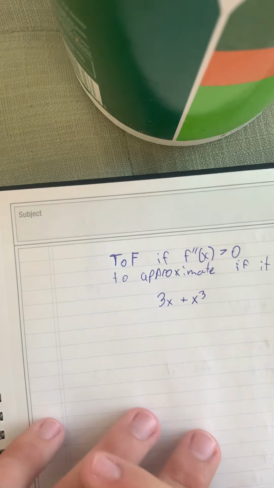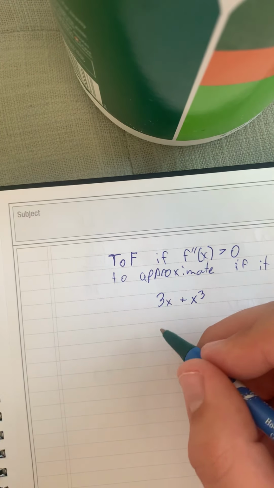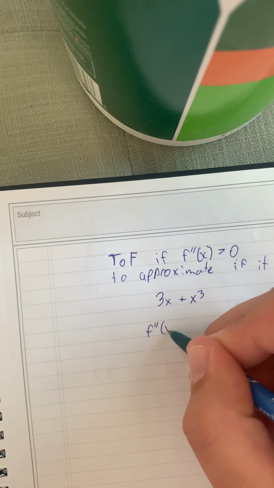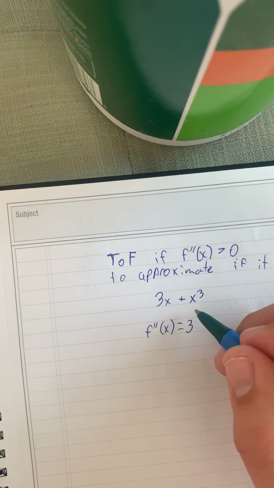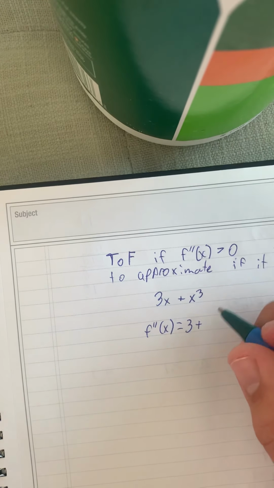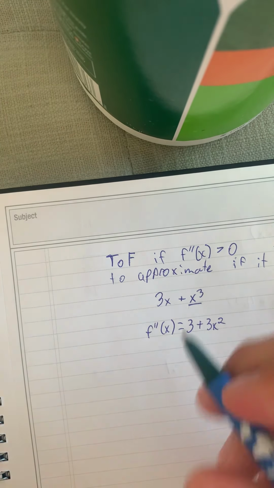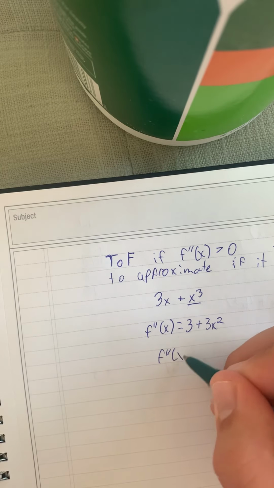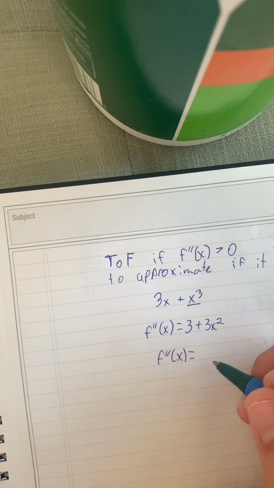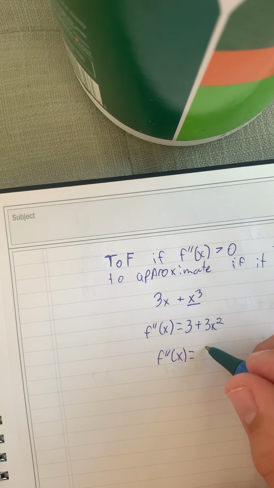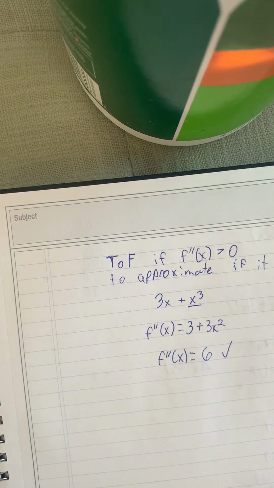and the first derivative is this. So our second derivative, f double prime of x, would equal just 3, and then using the power rule, x to the third becomes 3x squared, and f double prime of x is equal to 6, which is positive. So the first part is true, and